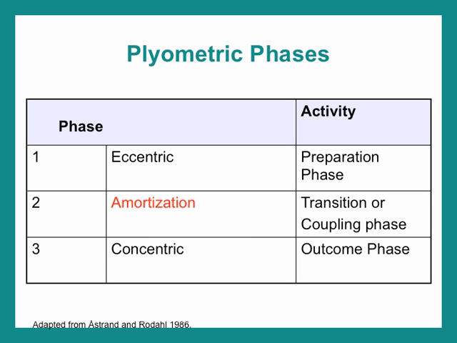The second phase of a plyometric is the amortization phase. It's the transition or coupling phase. It's the time between the eccentric and the concentric, and it must be short in order for maximum force to be produced. Otherwise, our elastic energy is wasted from the muscles, and the stretch reflex from the muscle spindles is also inhibited. Then the third phase would be the concentric phase, which is also known as the outcome phase,